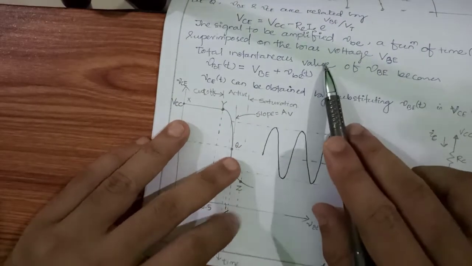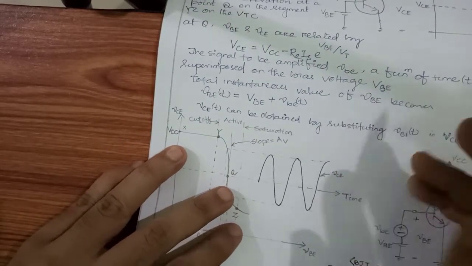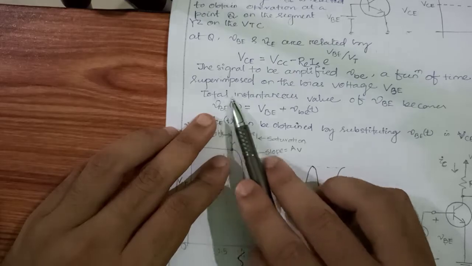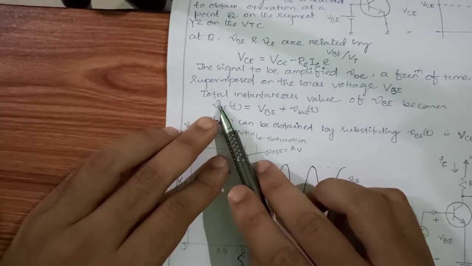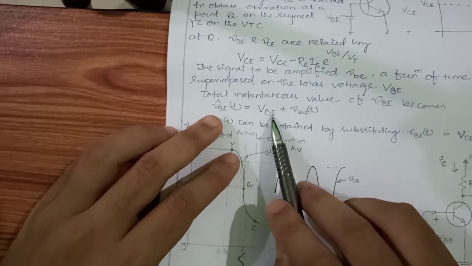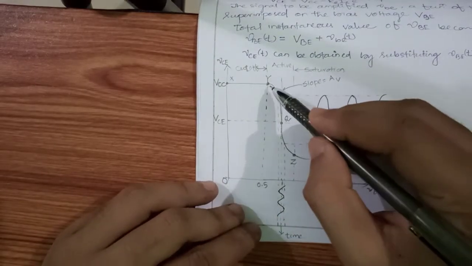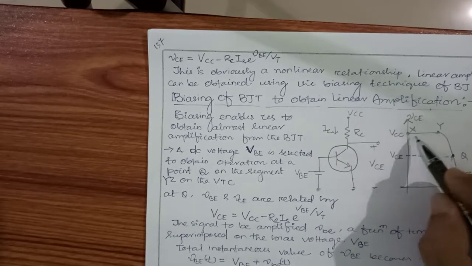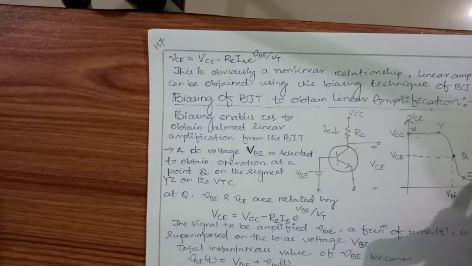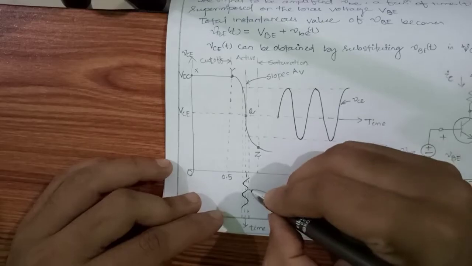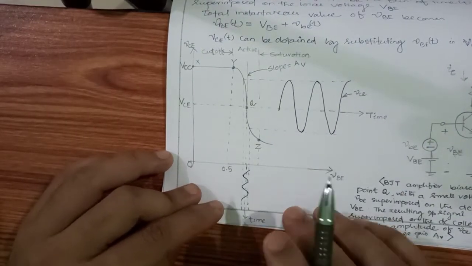Now here a small vbe, which is nothing but an AC voltage, is superimposed, meaning added, with the DC value. Now see, is this vBE instantaneous value or not? Small v with a capital letter subscript is nothing but the instantaneous value, which gives me the DC voltage and AC voltage also. Now this is the characteristic graph and we are looking only at this YZ part, because from X to Y it is in cutoff, Y to Z it is in active, and after Z it is in saturation. So we are looking only at the YZ region. In this YZ region, a small voltage is applied. This small voltage is nothing but small vb.